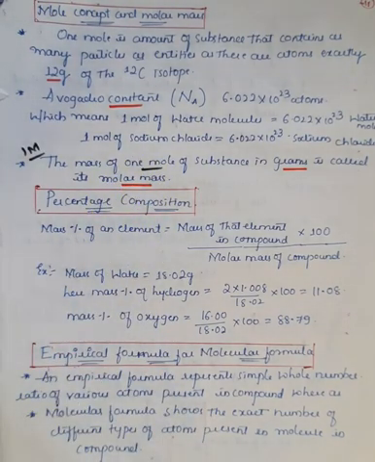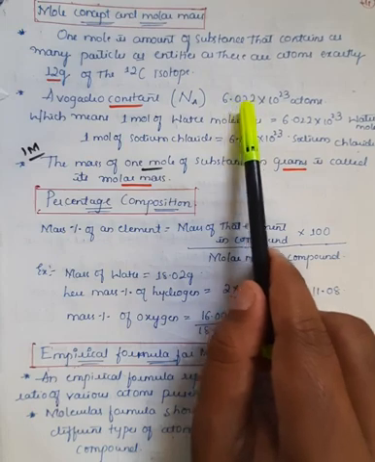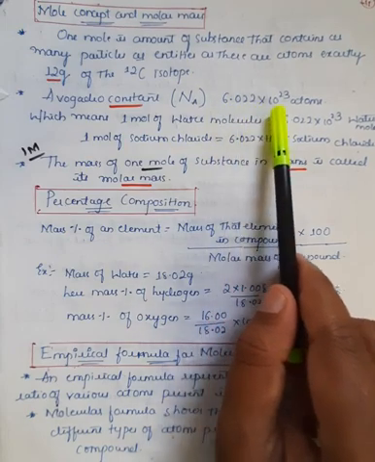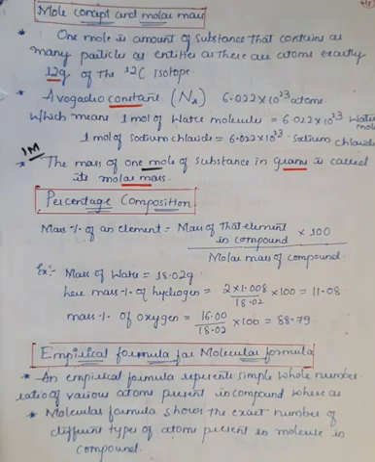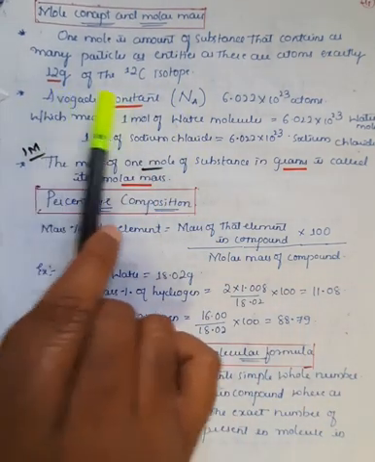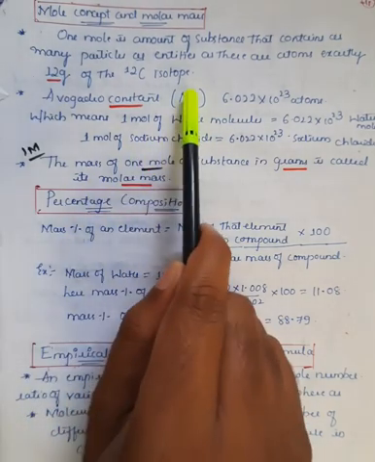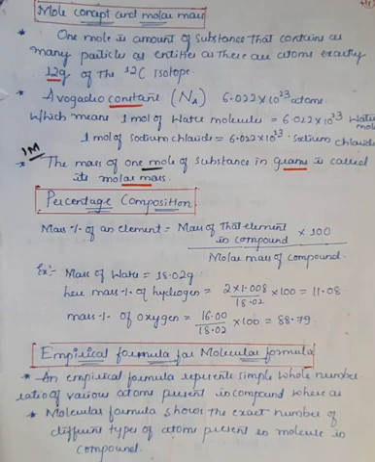And in many problems we will use the Avogadro constant value. So always remember, this is very important: the constant value is 6.022 × 10^23. If you take 1 mole of a substance, molecule, or compound, it consists of this constant value, which is recognized as the Avogadro value, represented by capital N with subscript A, and its value is 6.022 × 10^23.